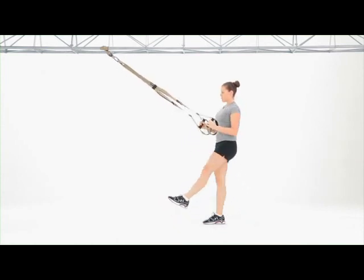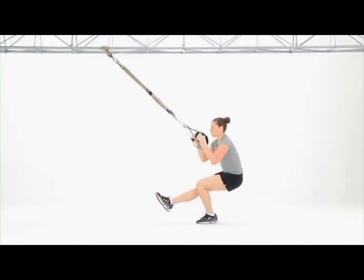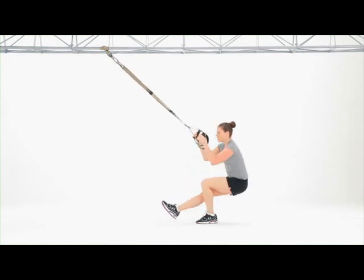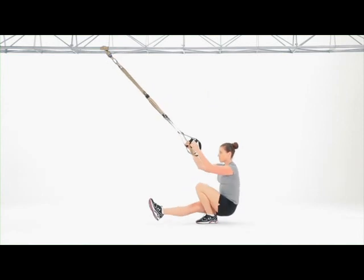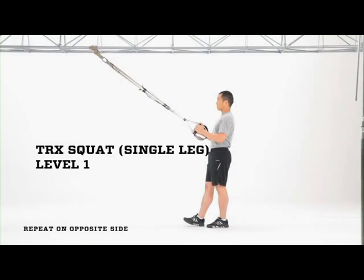Use the suspension trainer only as much as you need to gain full range of motion and to spot yourself up. Focus on driving from the hamstrings and glutes with a tall spine and engaged core. TRX single leg squat, level 1. Adjust the suspension trainer to mid-length, stand facing the anchor point, elbows bent directly beneath shoulders, stand on one leg